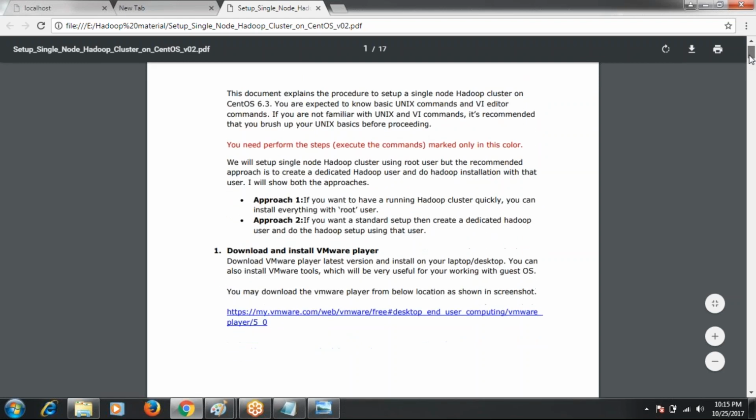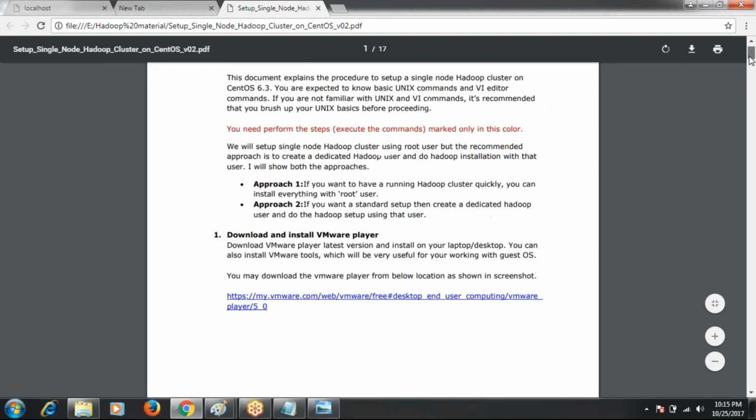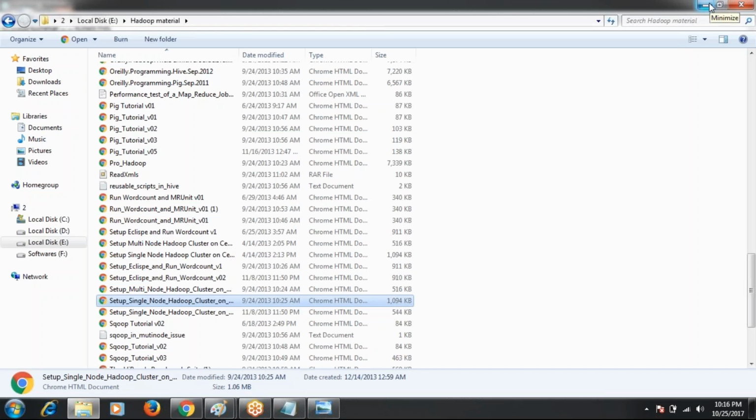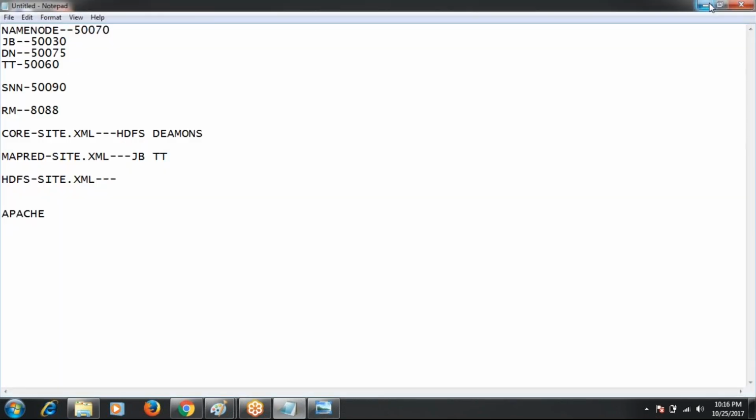Download and install VMware Player. We discussed already, if you want to set up the Hadoop cluster, the recommended OS is Linux, right? Suppose I'm using Windows. Then we have to install VMware Player, a virtual machine.